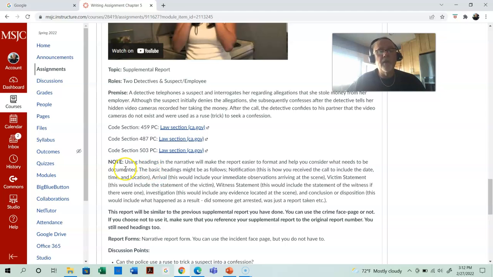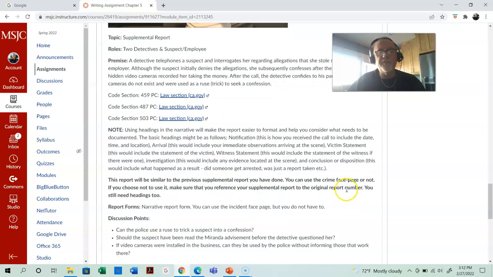So as I put in the note here, use the headings, okay? And I'm going to show you an example report from a different student where you can get some ideas. You don't need the face pages, the ones with the boxes, right? You can if you want to, but there really is no reason on this. It's going to be a supplemental report. So if you choose to just do the supplemental, the narrative report without the face pages, which is totally fine, make sure that you reference that supplemental report to the original report, just like you did last week, right? Because all of those supplemental reports are going to get